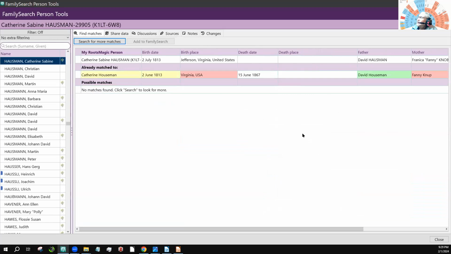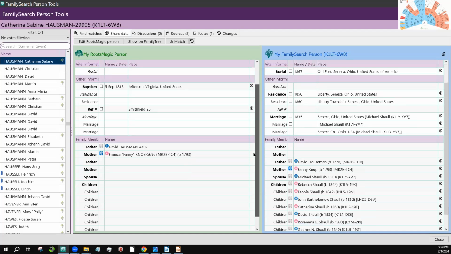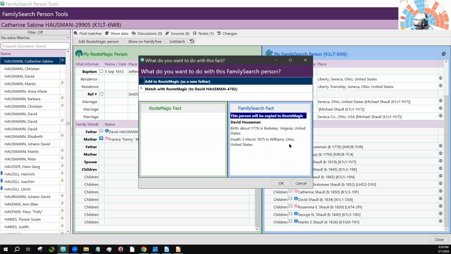Give it a second to get there, and you go up to share data. And you do this comparison here. This looks like it is the correct person. Look at this person. They were buried in Ohio. So this is a group that went to Ohio. In 1850, they're in Ohio. In 1860, they're in Ohio. Here's a father. Here's the mother. The mother is matched already. The father then can be matched